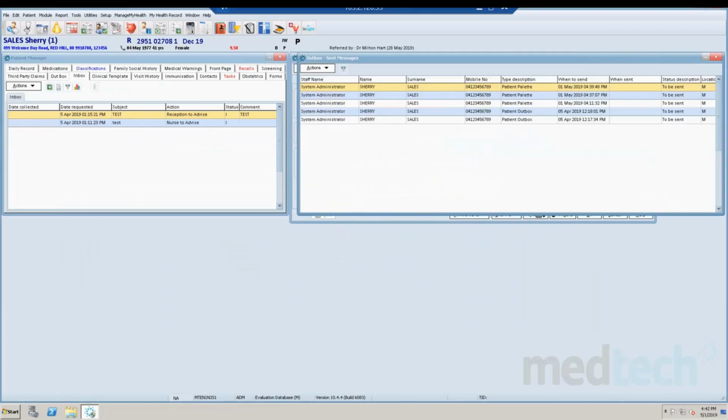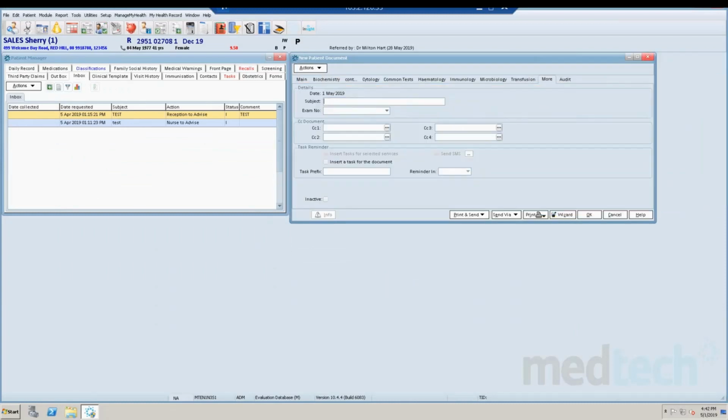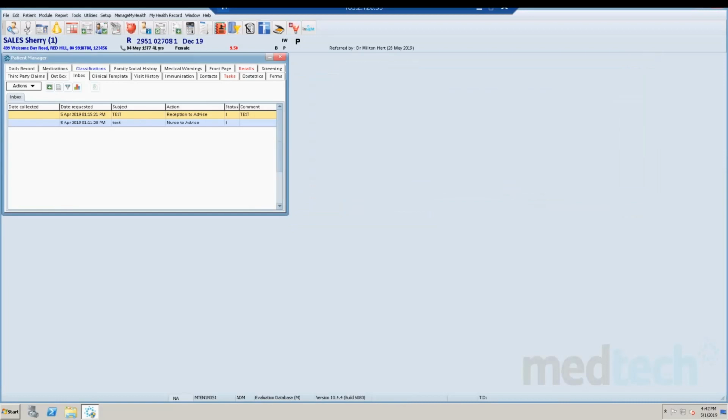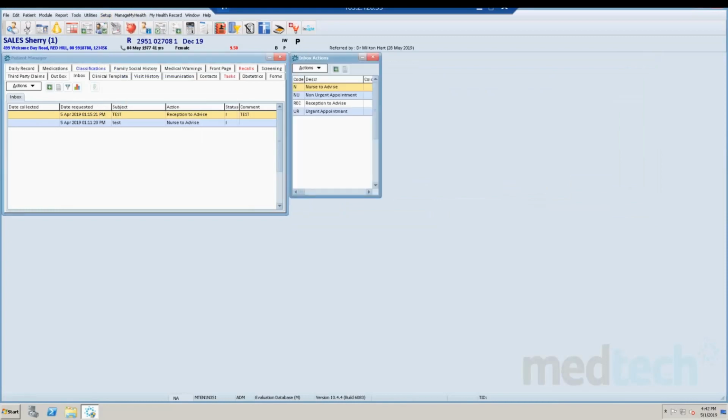Okay, so just getting out of that. So now we can go in. There's been another feature that we've brought in, which is the setup of the inbox actions. So it's simply a case of setup and then into new inbox actions. So just open that up. You'll see there's a default there that basically